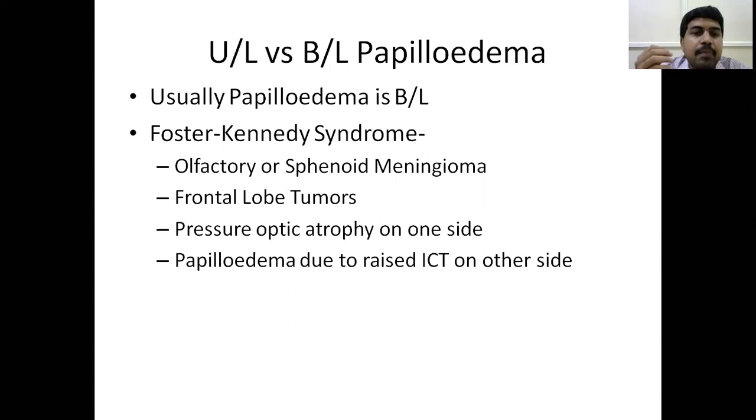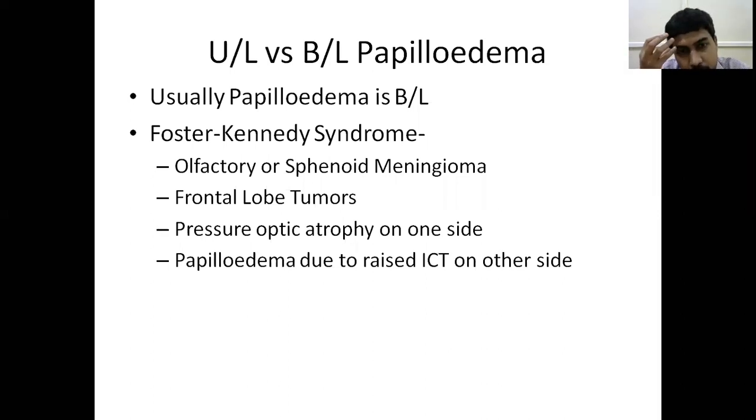So the basic mechanism of papilledema is that the axoplasm remains static in the neurons. You know there are axons; the ganglion cell layer of the retina continues in the optic nerve. So the axoplasm remains static in the axons of the ganglion cell layer, and it doesn't drain into the optic nerve. That's why you get papilledema, or swelling of the optic disc. So here there is stasis of the axoplasm.